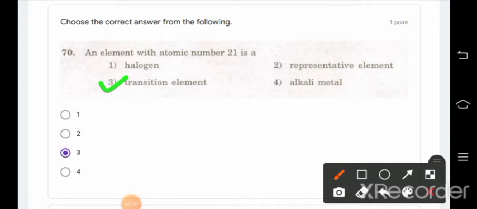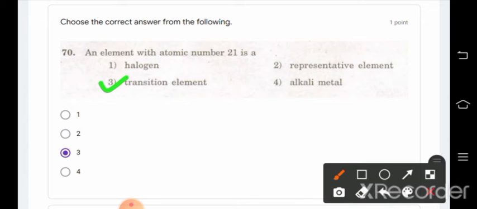And this question is based on the periodic table, so you will get one or two questions on the periodic table. You need to know everything related to the periodic table. You need to remember how the atomic radii and ionic radii vary along the periods or along the groups. In the modern periodic table we have 7 periods and 18 groups. The elements are mainly classified into S block elements, P block elements, D and F block elements. In the S block elements we have alkali and alkaline earth metals, and the D block elements are called the transition elements.